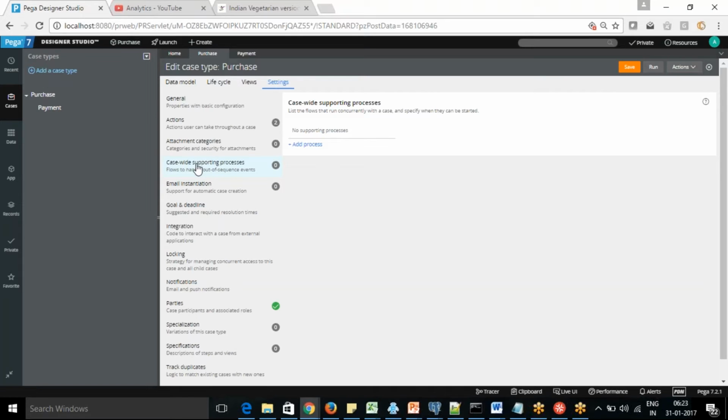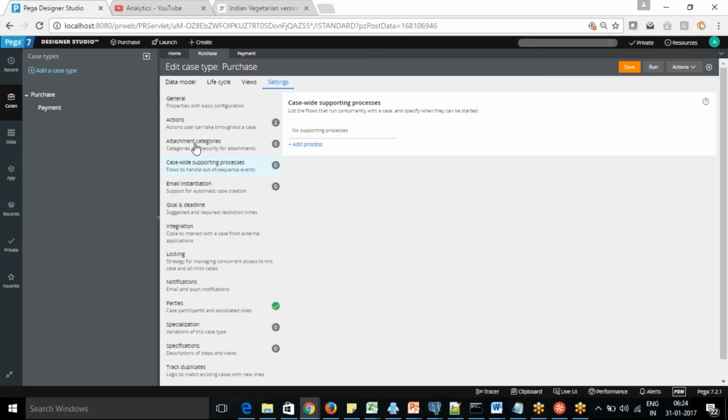One more scenario is background verification, where the person is from a government agency. You need the security clearance for your government agency, so that also we can go for a supporting process. We can create a separate process. If it is not a government employee, we are not going for security clearance, but if it is a government employee and we are hiring in a private company, we can go for security clearance. That is a separate process to get the security clearance, and that we can also set as a supporting process.